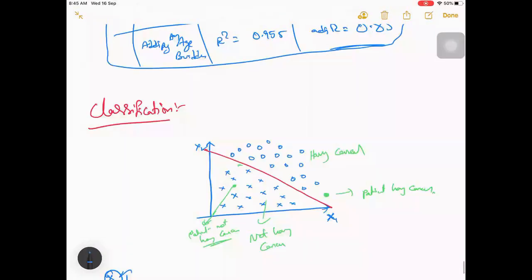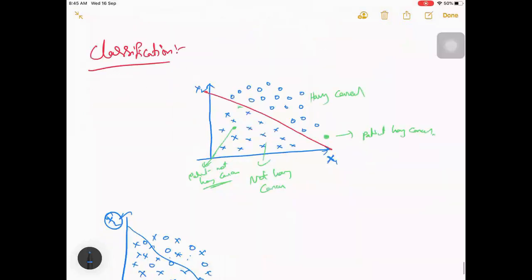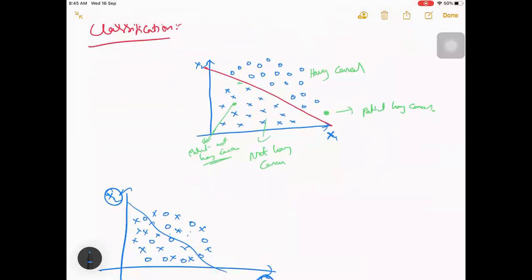Okay, so earlier, at one point of time, they used to do it manually. This red line is there, right? So they used to do it manually. Even in your blood report, sometimes you'll be seeing your actual value and the normal range also, right? So if it is within that range, then you don't have an issue, and if it is out of that range you have some issue. So something like that, which is directly rule based.